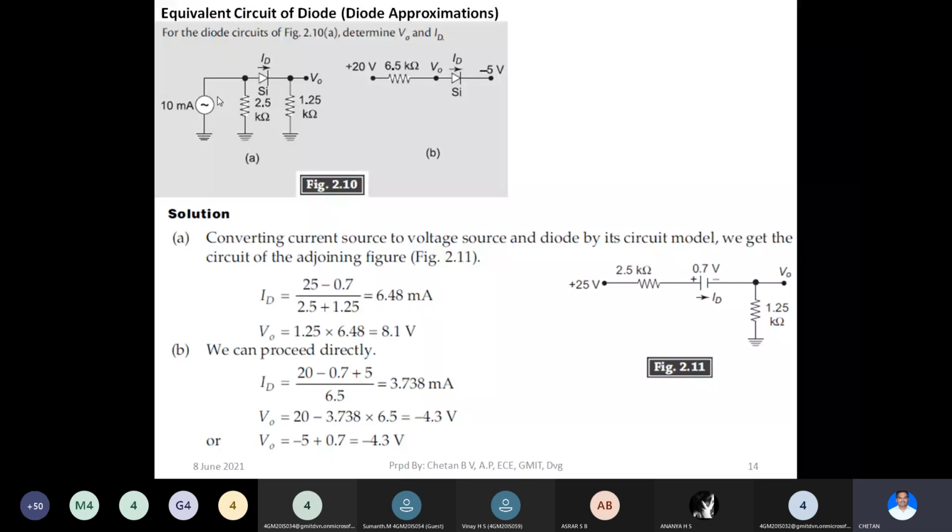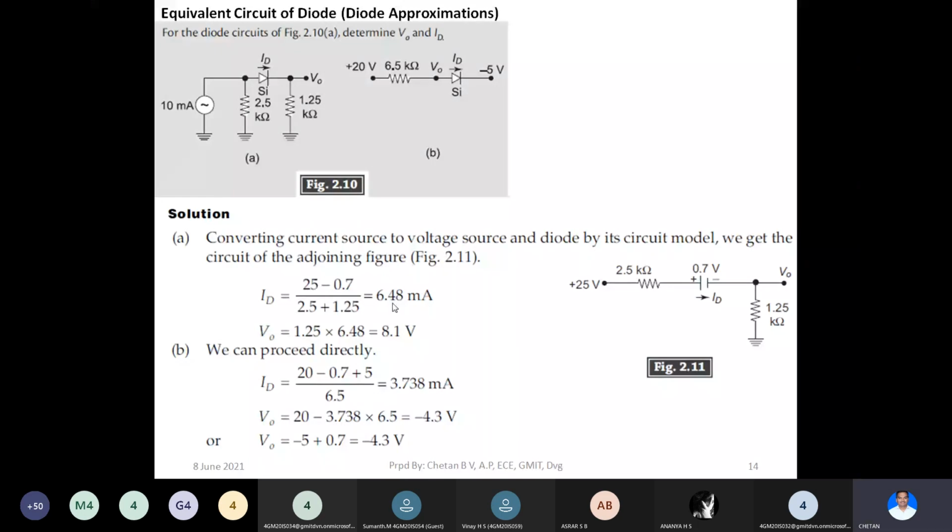So after conversion, we get something like this, right? How to convert that, I have told in the last class. You may see the video of ELN class 7 for that. And after conversion, the resultant circuit is this. From this, we calculate the ID value in the same way. That is, we take a KVL, that is, summation of EMFs equals summation of IR products, and we make simplification to get ID. Simplification means we rearrange the terms to get whatever we require. We require ID. Therefore, we make arrangements of terms such that we get the ID value.